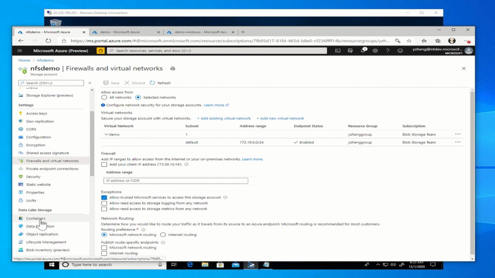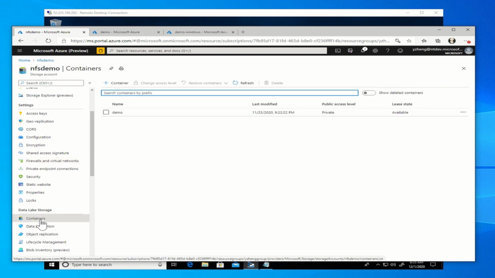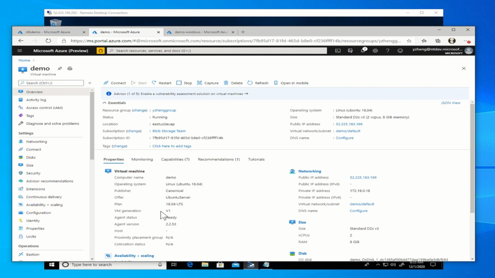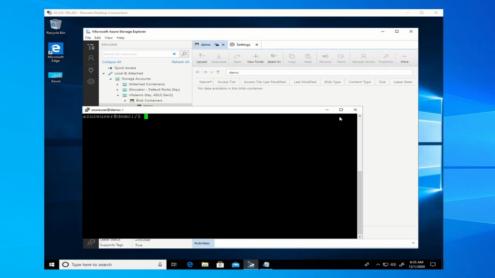Now, in a storage account, you can have one or many containers. And every container that's created ends up being an NFS export that can be mounted by an NFS client. So you could have many NFS exports. Now, I've also created 2 VMs, one Linux attached to my virtual network. And then I've also created another VM, which happens to be Windows, also connected to the same virtual network.